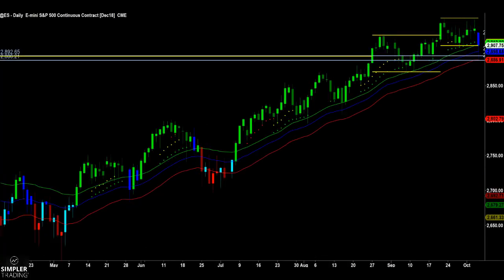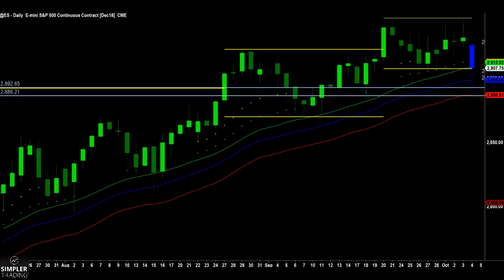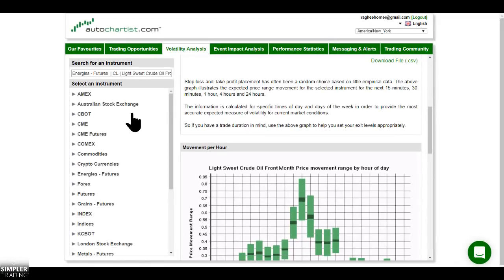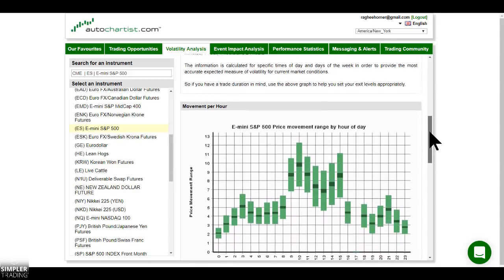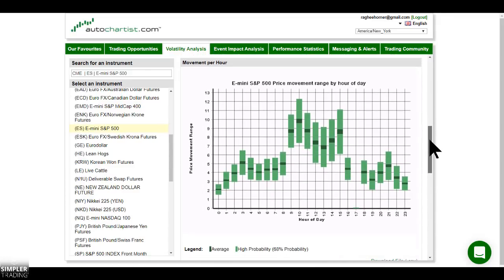Now that might seem like a weird jump. How do you know in terms of time frames which ones to focus on? Well, for us it's a pretty easy decision, because we have a way to understand what the price movement may be in a particular market. That means we use the AutoChart platform, a unique tool. I've never found a replacement or even an equal to it, and it's a historical